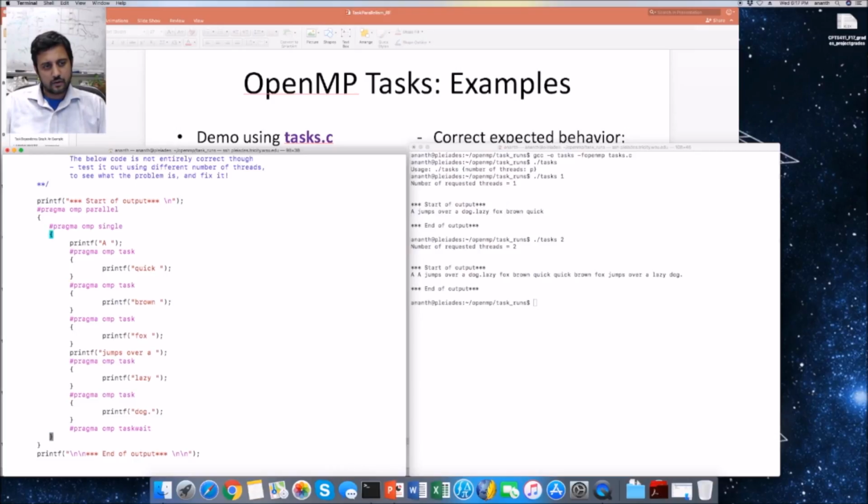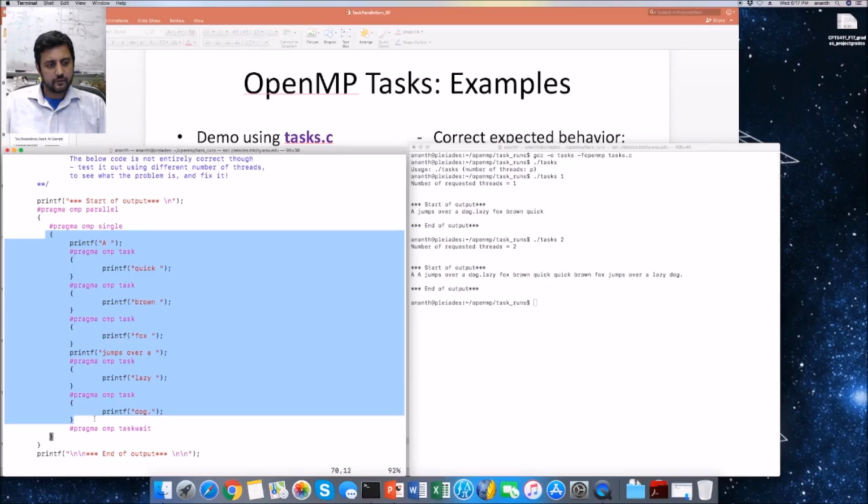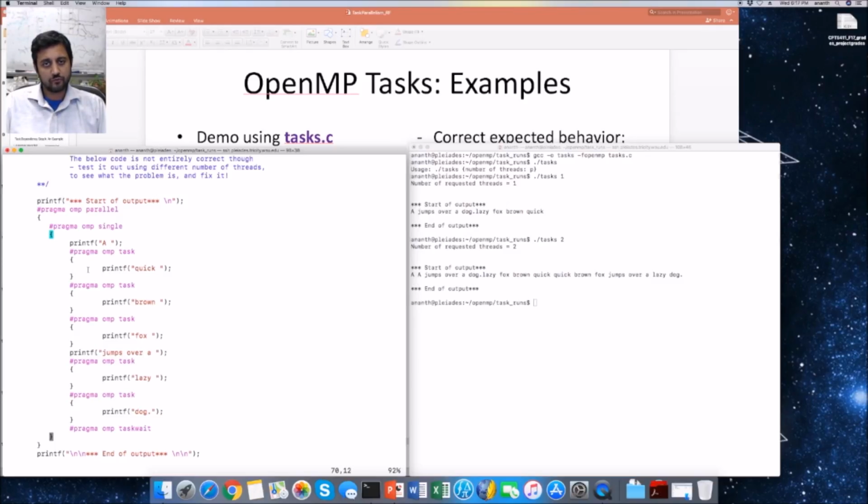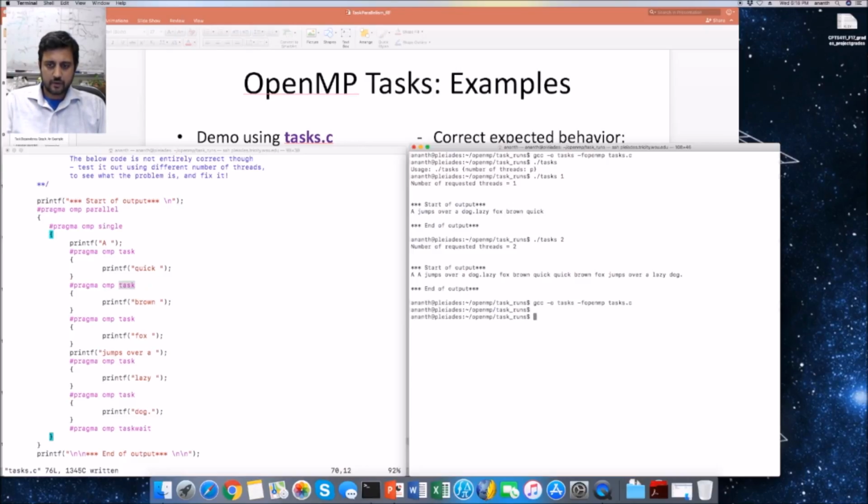What this block, the single block, basically does is it gives you a guarantee that all the statements here will be executed exactly once, just once, regardless of which thread executes it. Okay, so which means once a thread has picked a task to print this brown, no other thread will pick this. All right. So let's compile this code again, and let us run it with 2 threads, and now we